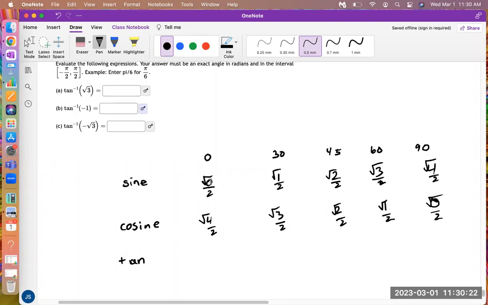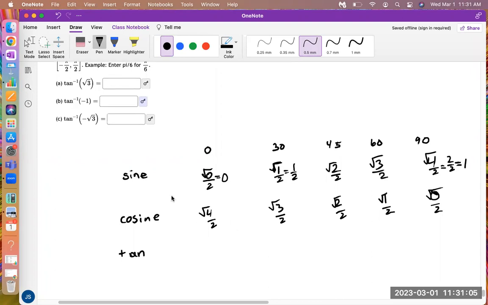So the square root of 0 is 0, divided by 2 is just 0. So the sine of 0 degrees is 0. The square root of 1 is just 1, so the sine of 30 degrees is 1/2. The sine of 45 is square root of 2 over 2, and that can't be simplified further. The sine of 60 degrees is square root 3 over 2. And sine of 90 degrees is square root of 4 over 2, but square root of 4 is just 2, so 2 over 2,